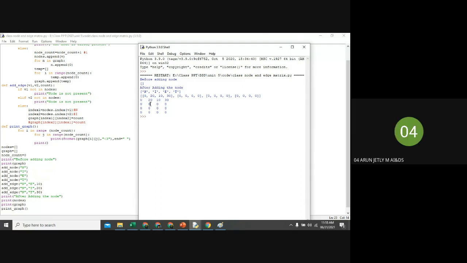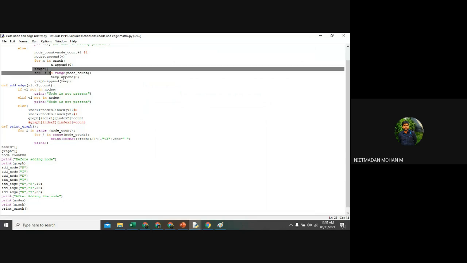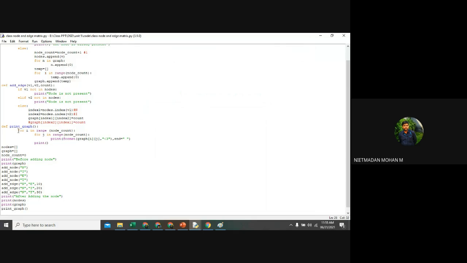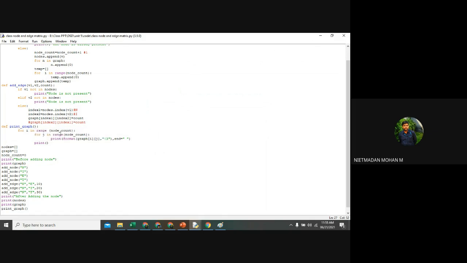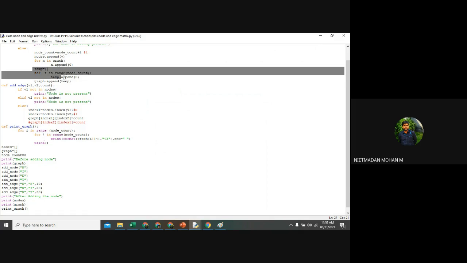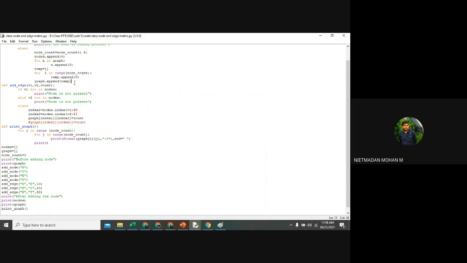Yes, sir. So I will share you the code. Definitely you will be having confusion in these 4 lines of code, but this will be very clear if you are clear with the matrix concept. It will take one representation from each node and it will be doing the matrix. For these lines of code, we are creating a temporary variable for storing all the elements in the respective places. So that is the thing.